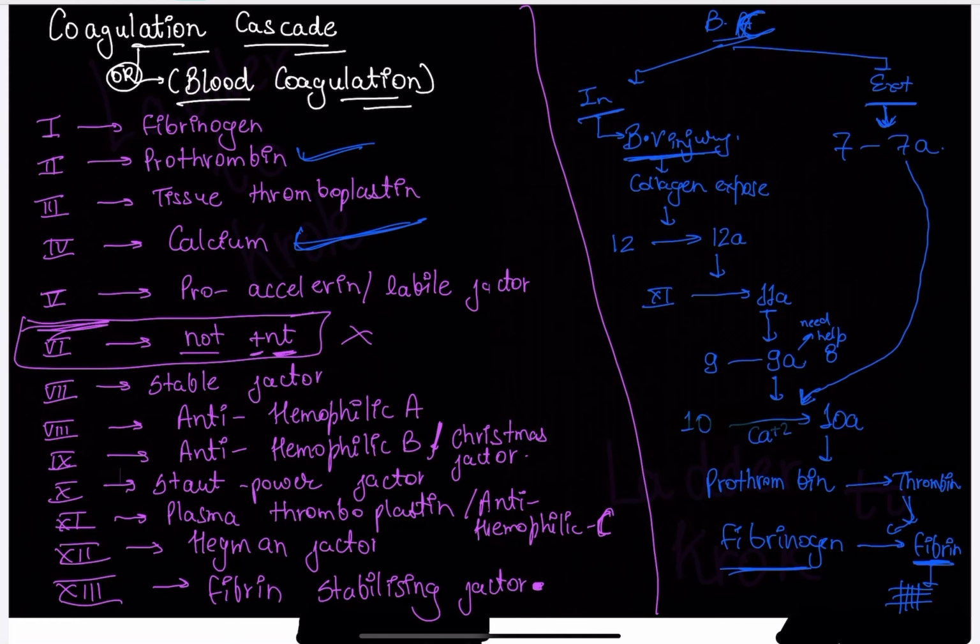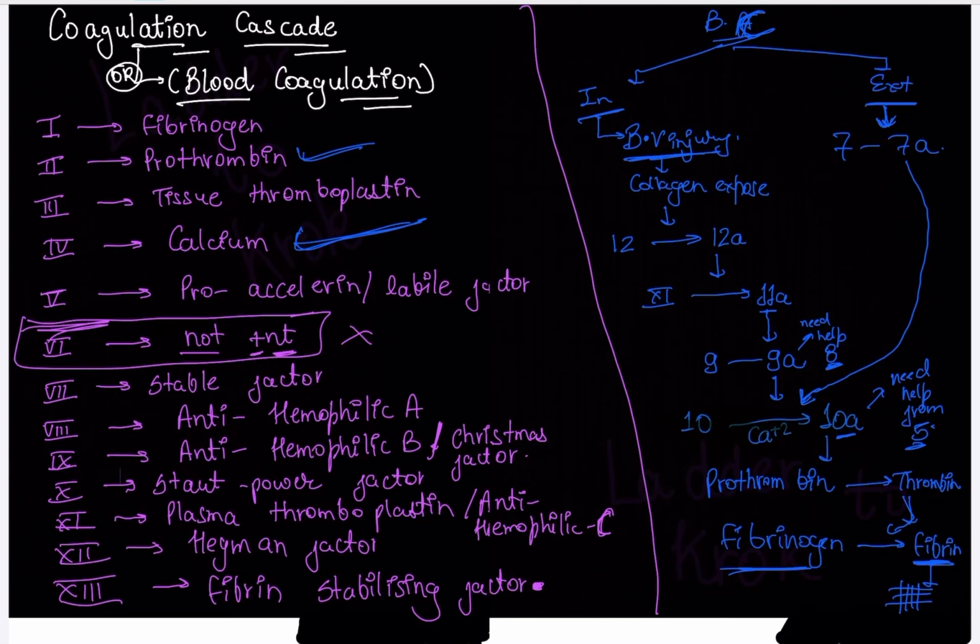So if someone asks you at what step these two pathways combine, you should know it is at this part: this 10 to 10A. Just for your understanding, we are not going to write about these things, I'm just telling you this for your understanding. And this 10 to 10A, this 10A needs help from the 5th factor. Need help from which factor? From the 5th factor. Okay, 9 needs help from 8, 10 needs help from 5. So this is just for understanding.